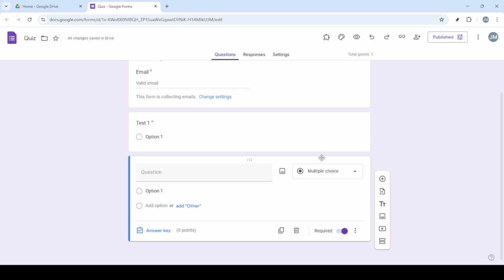Remember, Google Forms is a powerful tool, and with a few easy steps you can create professional quizzes that are both functional